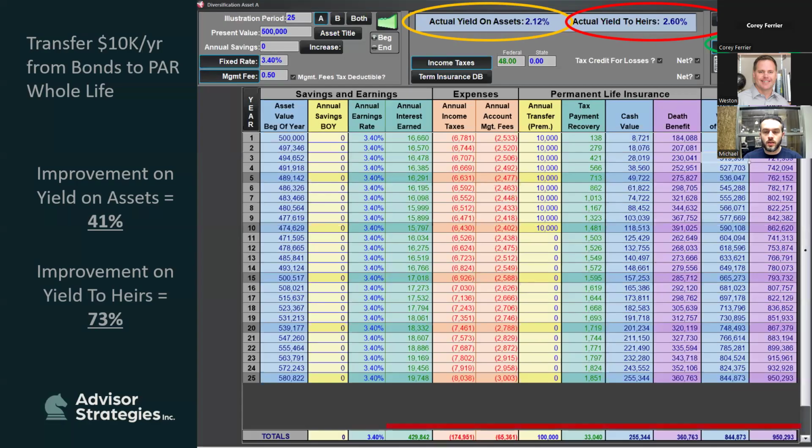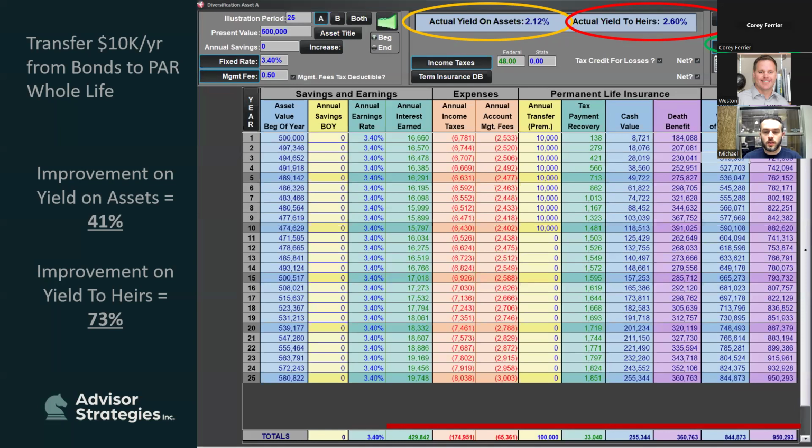So when we look at the numbers down here at the bottom, when we total them up, at the end of 25 years, the value of the asset where the bond was 725, we're now at 844,000 in the bottom right-hand corner. And next to that, we see 950,000. That's the death benefit that would be paid out if the person was to pass away at that time frame. So in both cases, just shifting a relatively modest portion of that money into a life insurance policy, and that's just for 10 years, so 10,000 over 10 years, $100,000.